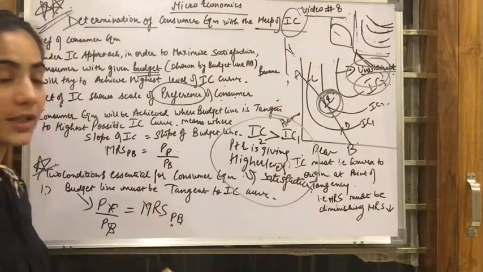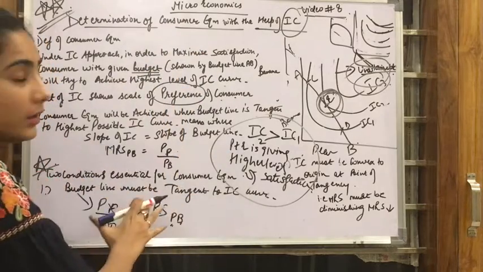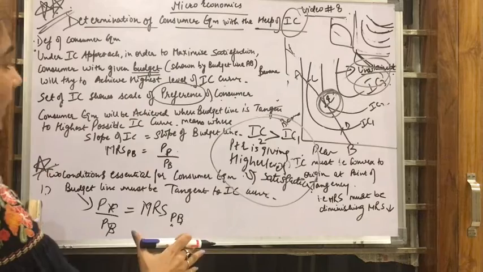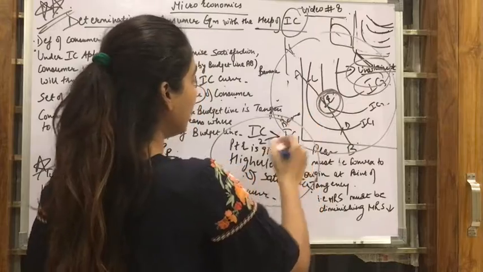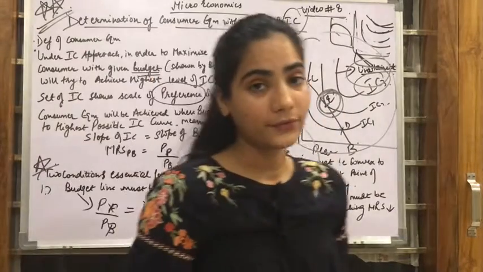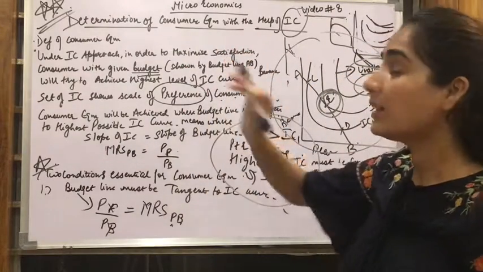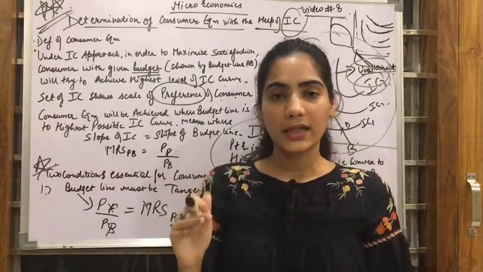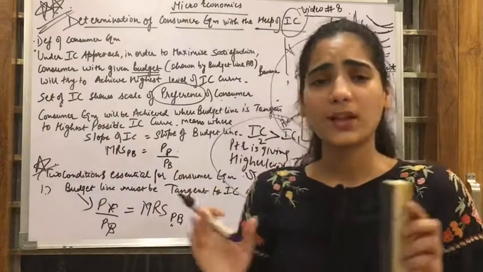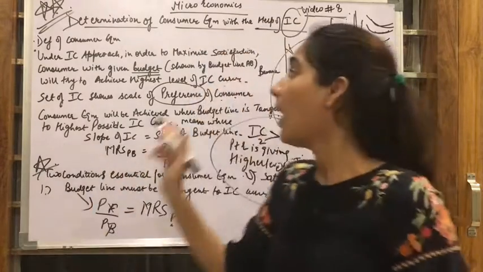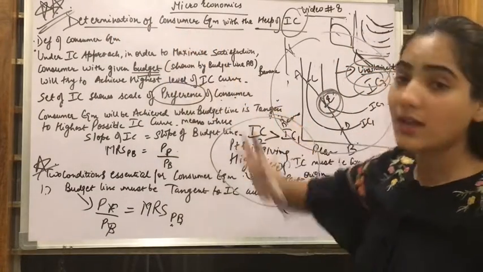I hope you have understood this. I tried to write the notes, which are very important. I tried to frame all the important parts over there so that you can write this in the exam and draw the graph. Right? Now, the second chapter, consumer equilibrium, is done. In the next class, we will be studying chapter 3, that is demand. Demand is a very interesting chapter. You will be loving it. And this, I have told you, is a very important question from the point of view of the exam.